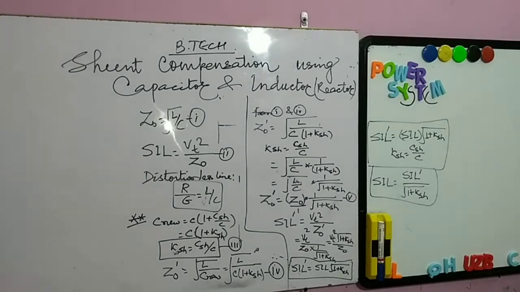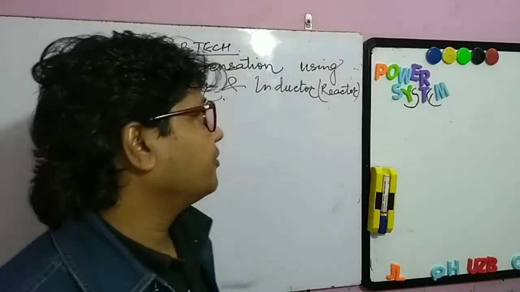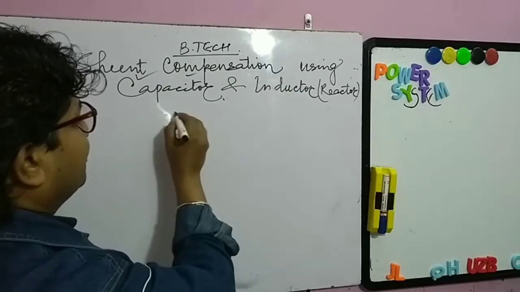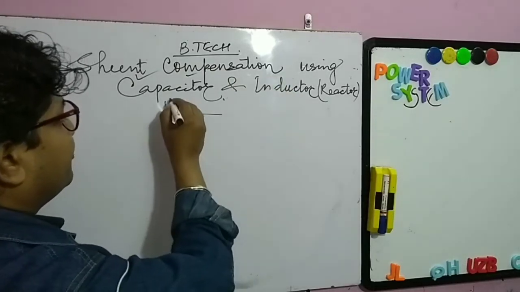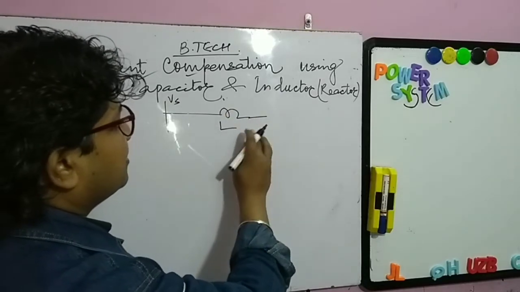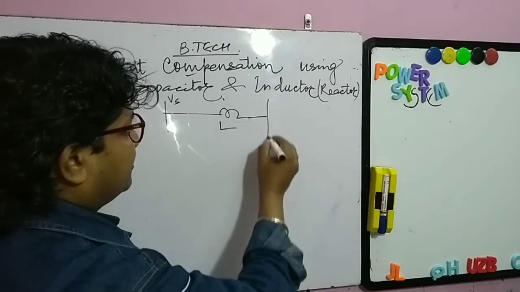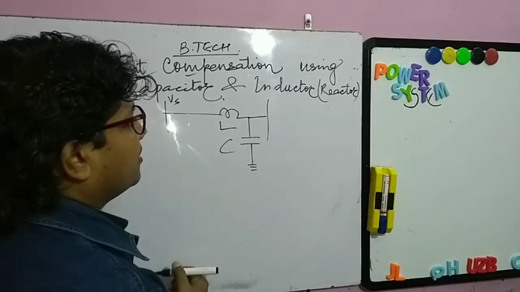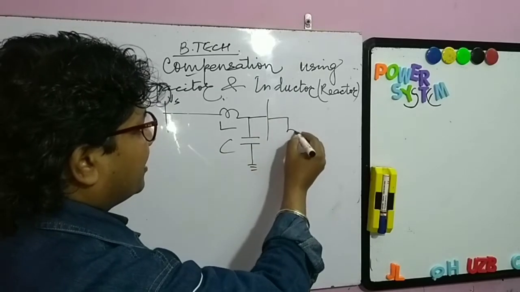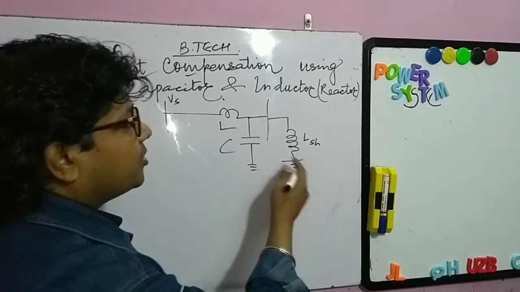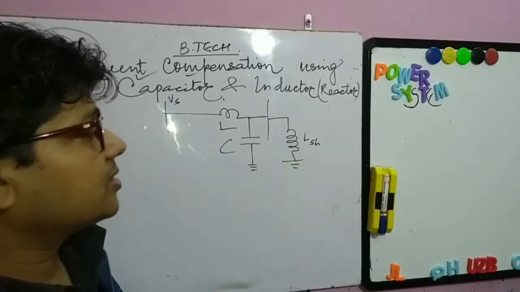Yeah, the board is again clear, so fine. It is now the turn of shunt compensation using a reactor or inductor. We can draw this as the sending end voltage, this is the line inductance of the line, and this we connect as the capacitance C, and here we are connecting an inductor, and I have already told you what is the significance of this inductor.